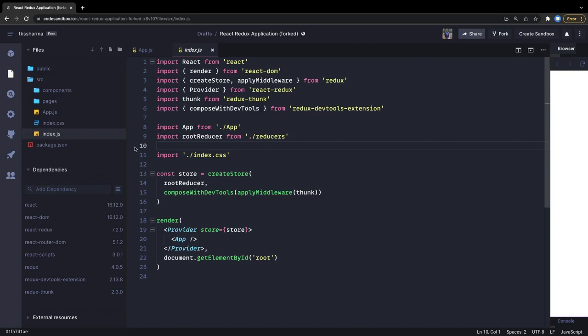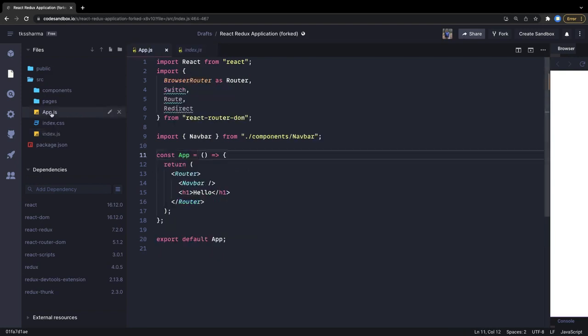How is it going to look? We are going to add a router. So this is our app component. If we go to the app component, here we do have navbar and hello. Instead of this, we are going to display three different pages in the whole application. One is the dashboard page, one is the post, and so on. In summary, what I'm going to do is